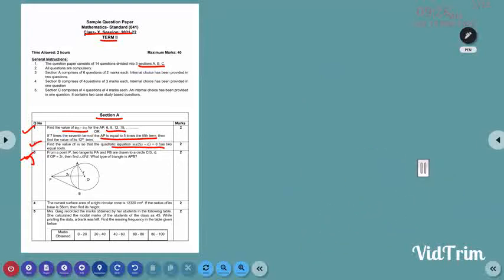And if we compare this equation with the standard form of a quadratic equation, the standard form is ax square plus bx plus c equals 0. So on comparing this equation with the standard form, we will get the values of a, b and c. So the value of a will be 5m, the value of b will be minus 6m and the value of c will be 9. So a is 5m, b is minus 6m and c is 9.